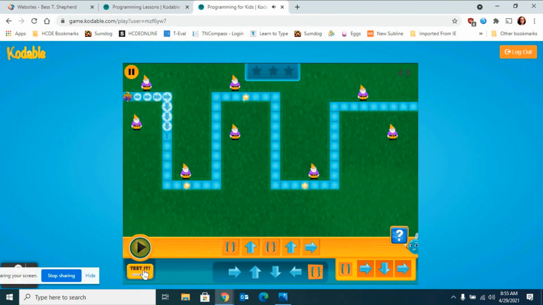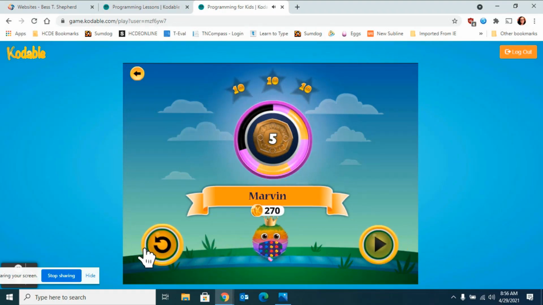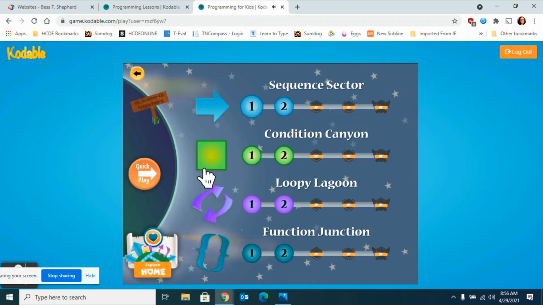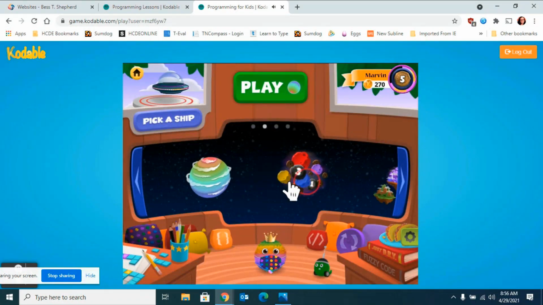And then you test it. Okay, and then it's going to work. Okay, and then if I go back, the next place that you will take them to is